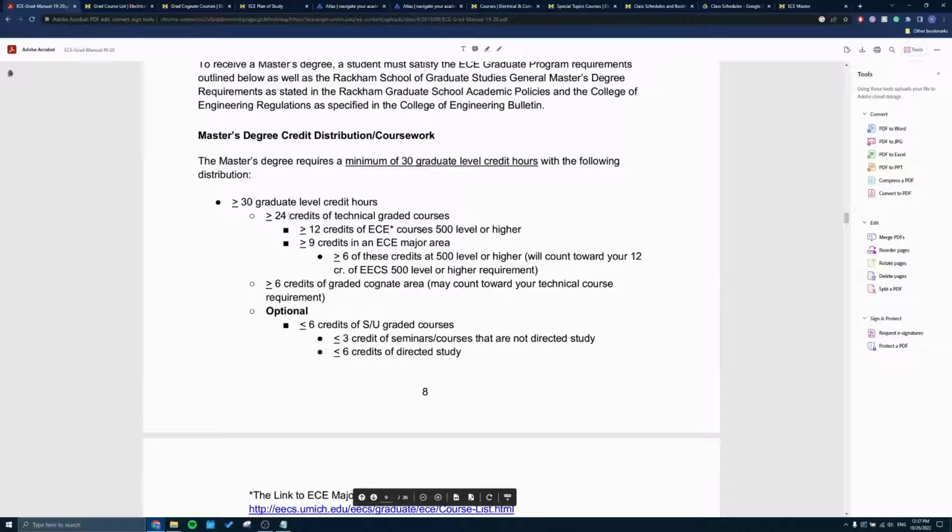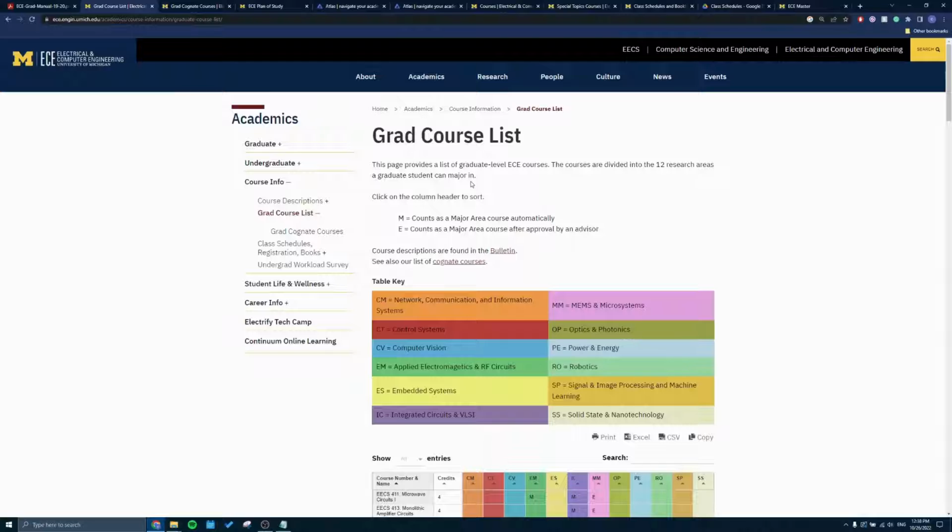So out of those 24 credit technical graded courses, it specifies that you need 12 credits of ECE courses 500 level or higher, and that 9 credits should be in the ECE major area. And then furthermore, the 6 credits out of those 9 credits need to be 500 level or higher. So you will see that there's an asterisk for the ECE courses over here. That is because these courses are specific courses, and those lists of courses can be found here in the ECE